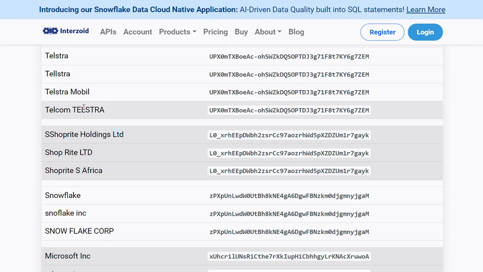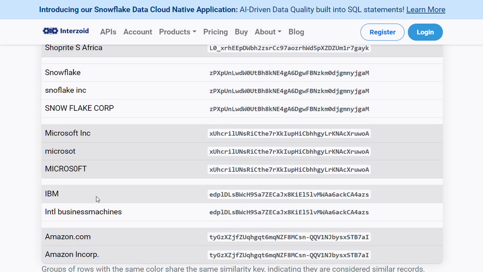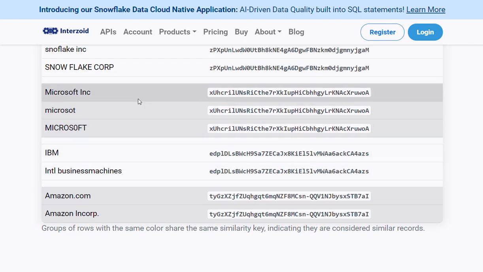So to give an example of what some of these similarity keys might look like, here you can see on the left some company names: Telstra, ShopRite, South Africa, Snowflake, Microsoft. If you look, the company names on the left, even though there's variations, generate the same similarity key on the right. So the idea is that this similarity key, which is nothing more than a text string which can be stored or used in a lot of different ways,